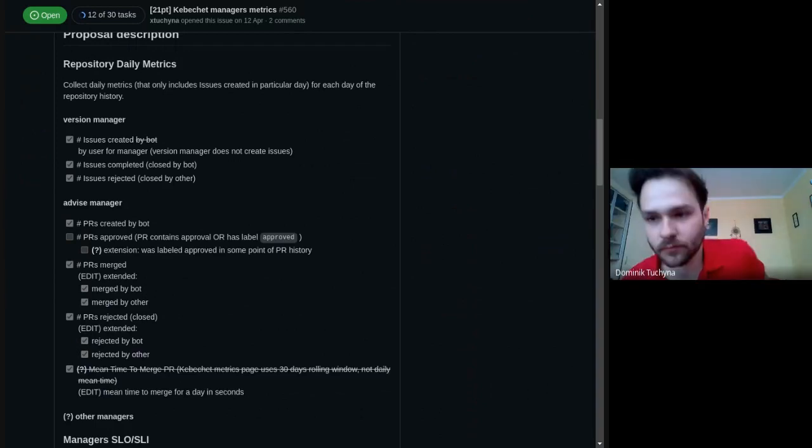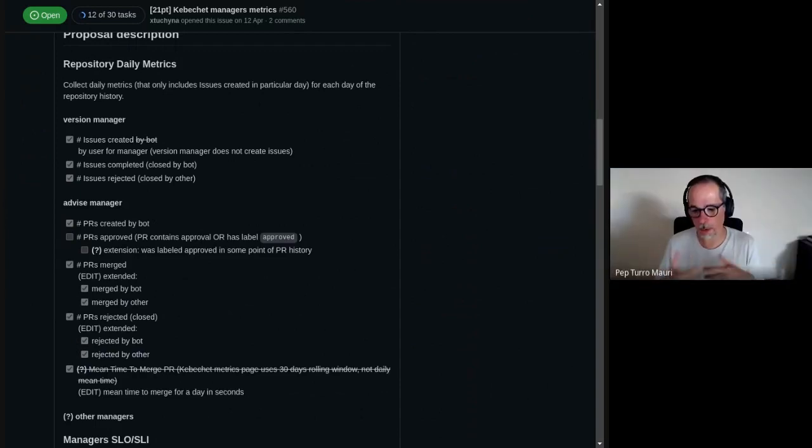Maybe this issue should focus on those things that cannot be measured from inside Kebeshet instead, just to avoid duplication. Because I think, excuse me, if you generate the PRs from Kebeshet, you can also measure things like